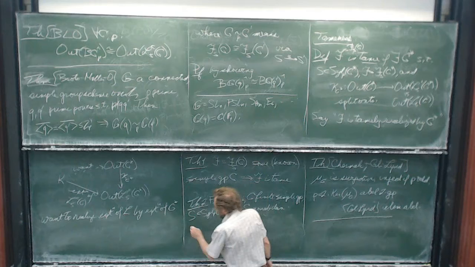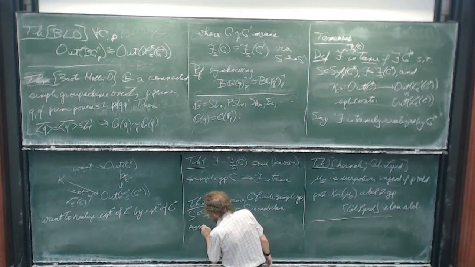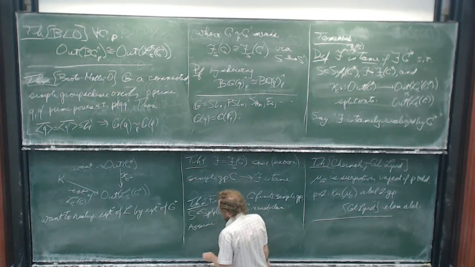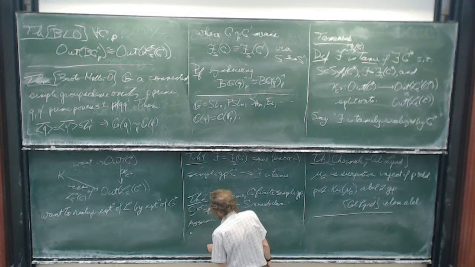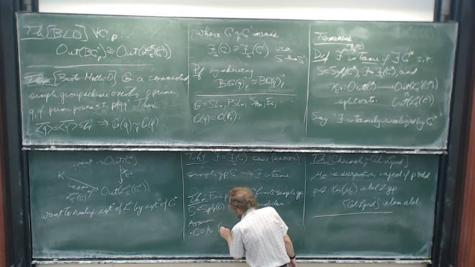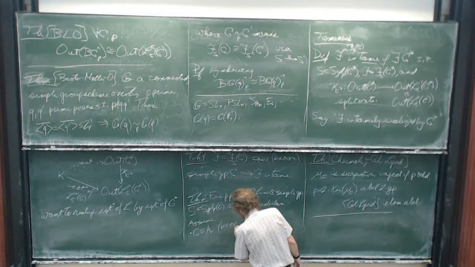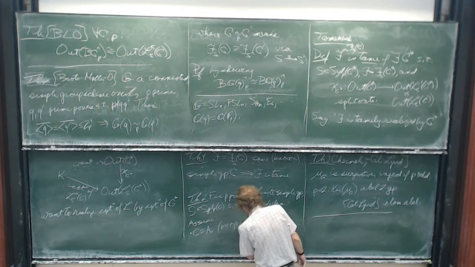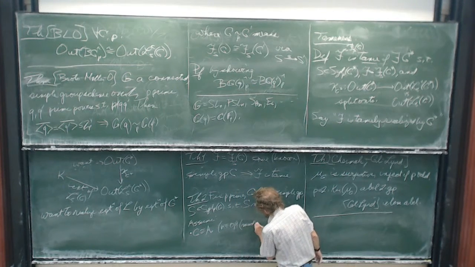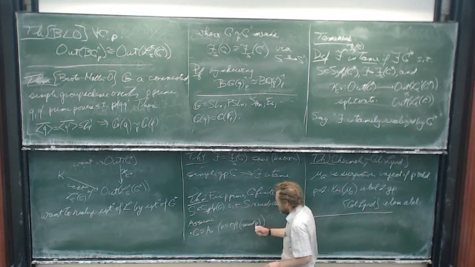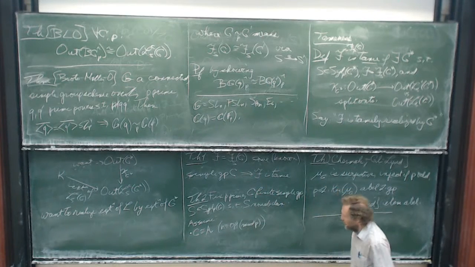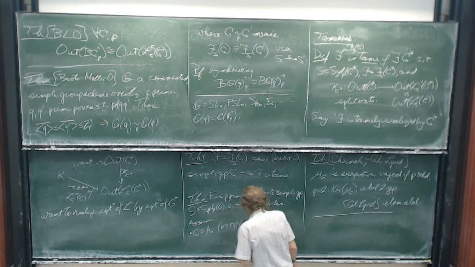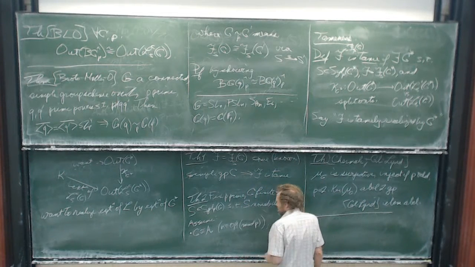And I'll also assume that G is one of the following. Either G is A_n for n congruent to 0 or 1 mod p, so for example, this is no restriction obviously when p equals 2, or